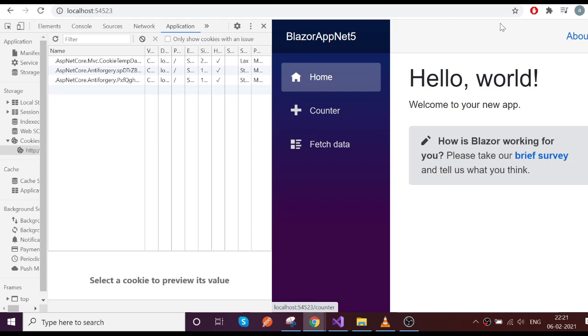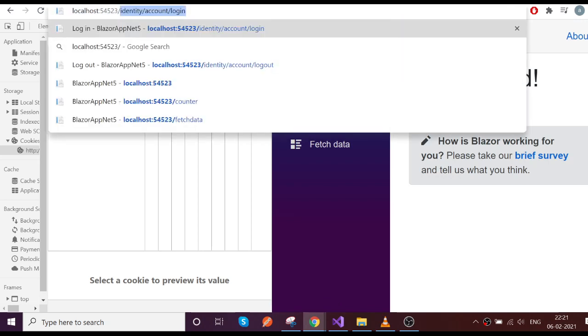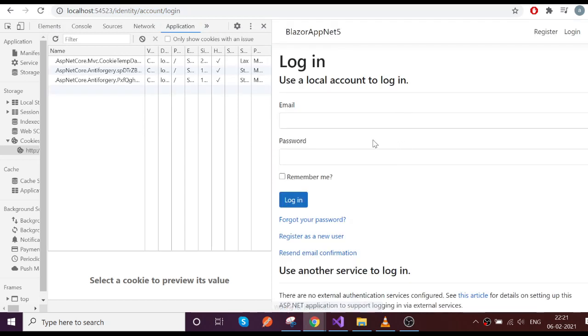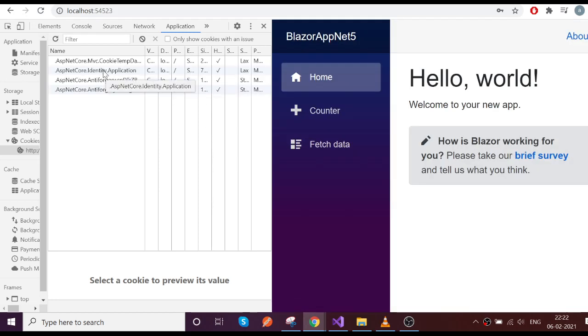Again, you go and do login, identity login. See, now my cookie is created. Okay, cool. Next session we'll see how to authorize the pages and other stuff.